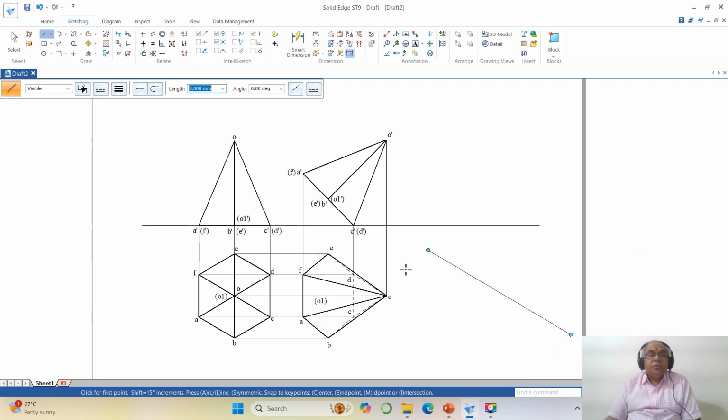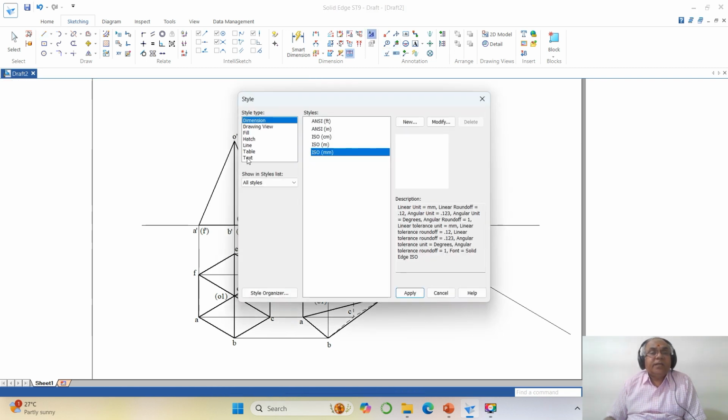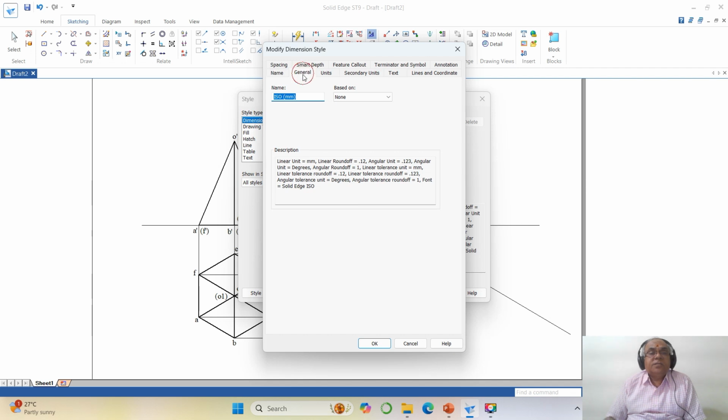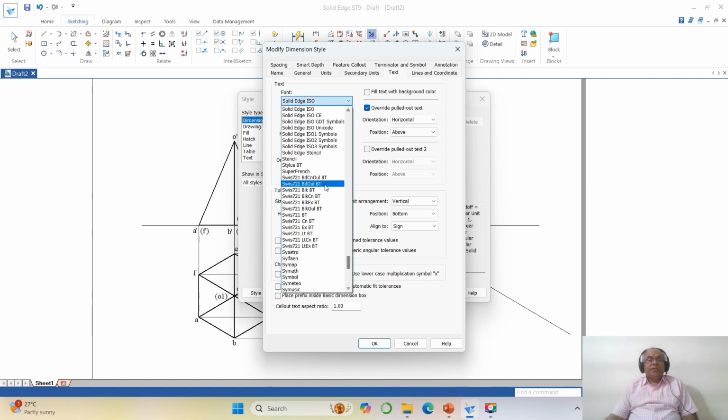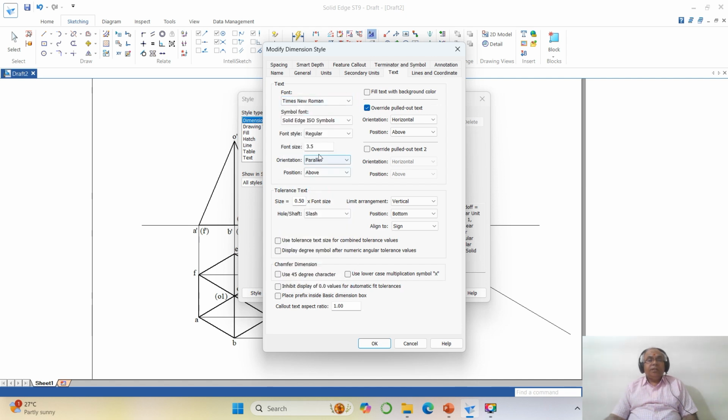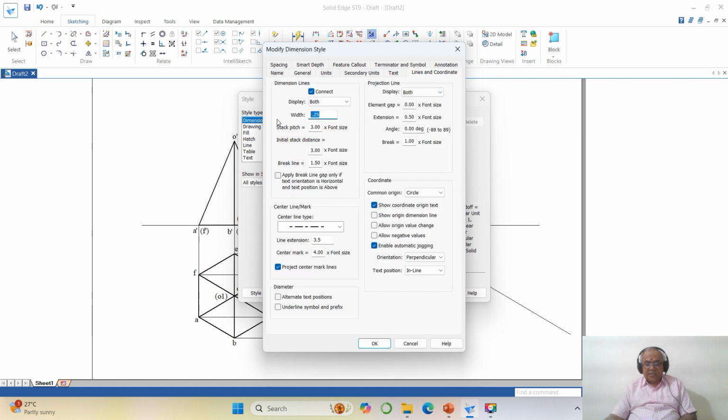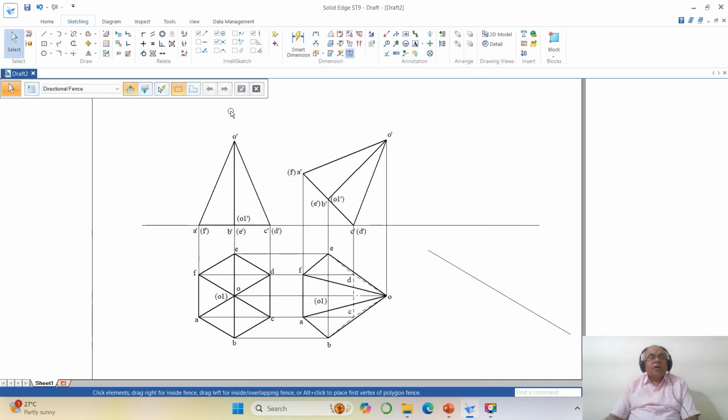Okay. Now I need to write the dimensions. To do that, go to format, again modify, click on general, make everything black, and then you take text. So come down to Times New Roman, then you take the font size as 3, then come down to lines and coordinates, make this as 0.1. Okay, apply. So now you go to enable endpoint, pointer element, and now first I need to write the